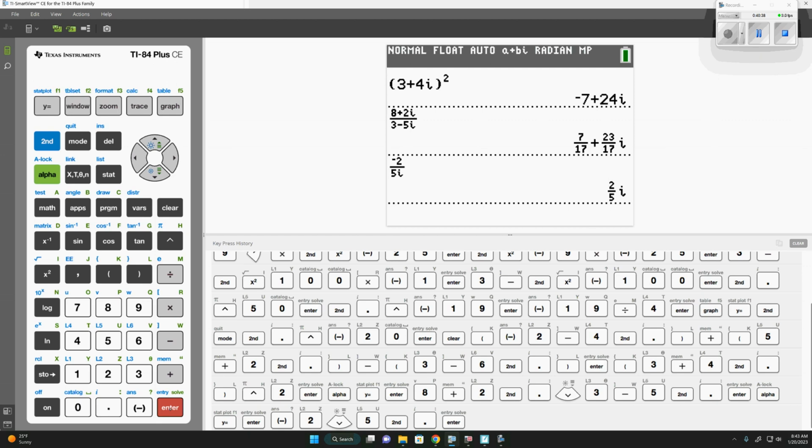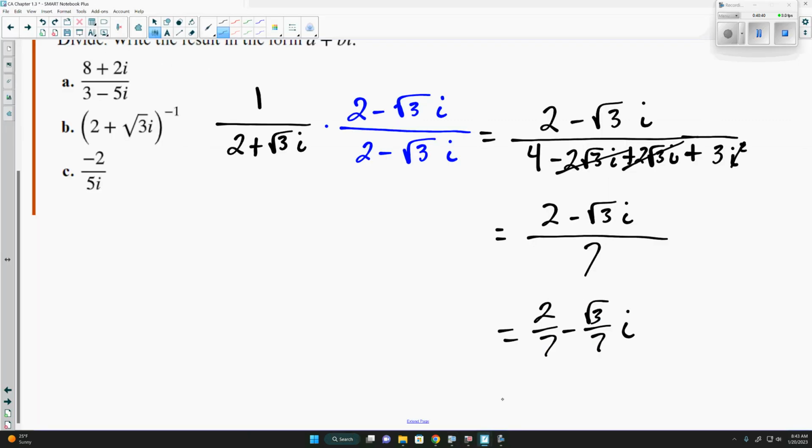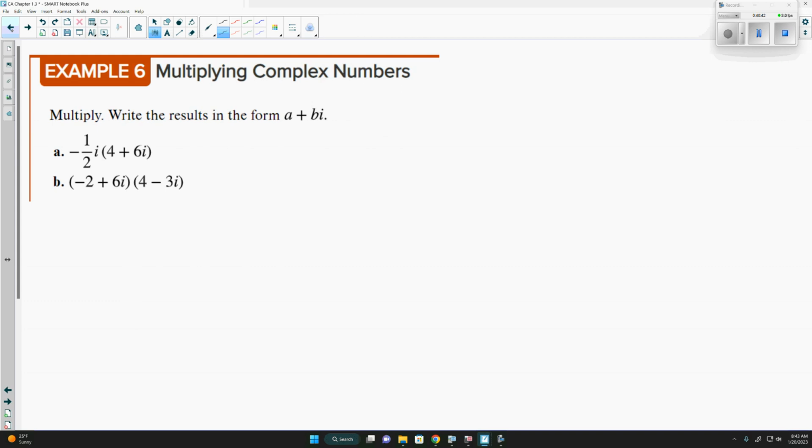And that's it. The only other part I realized I skipped over was example 6. This is just multiplying. Same thing as what we did, just in a little bit simpler terms. So that's the end of 1.3. Go on and do that assignment and get